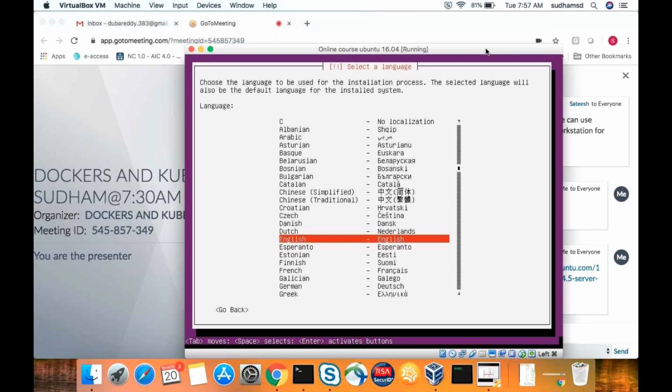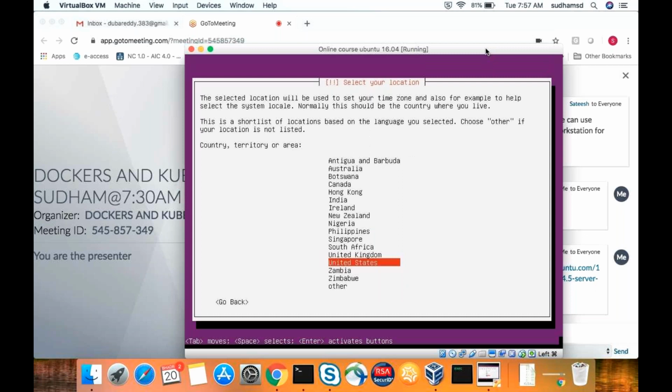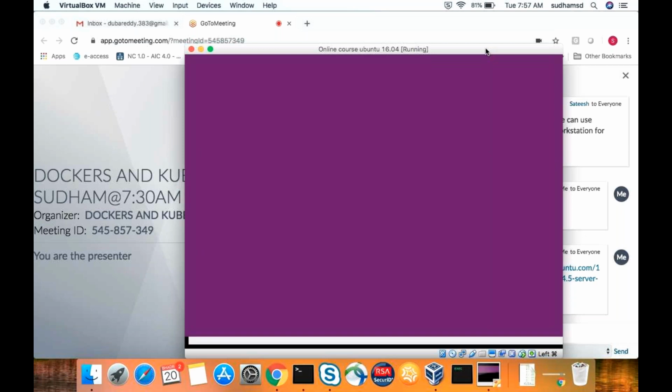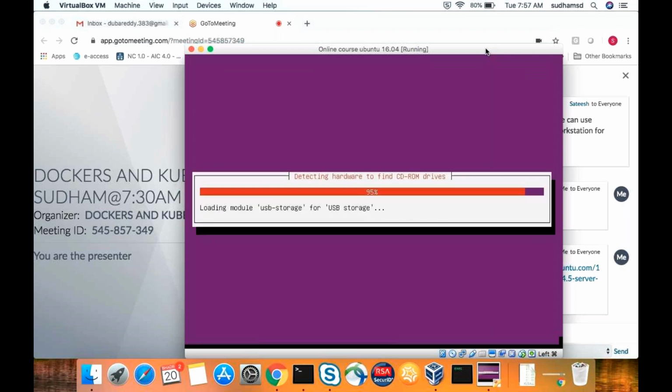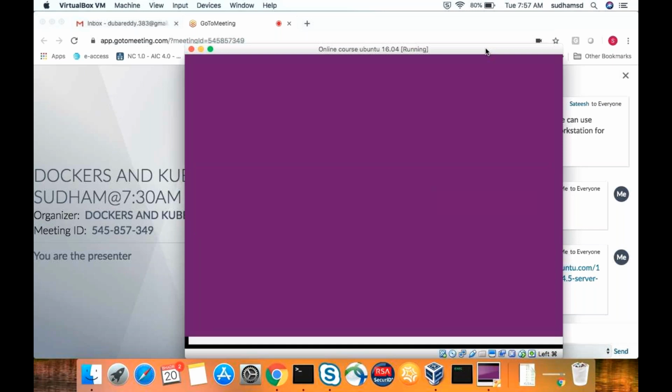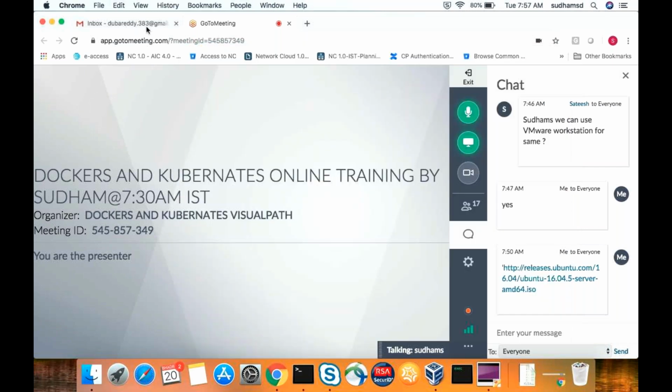Here this language is nothing but the keyboard language. So English, United States. No, that should be no, and English. Everything should be English. If you get some keyboard language detection prompt, the answer yes or no should be no. This part also I gave the screenshots. You can use that particular link. Let me give you that link.